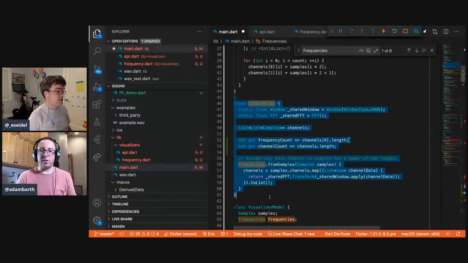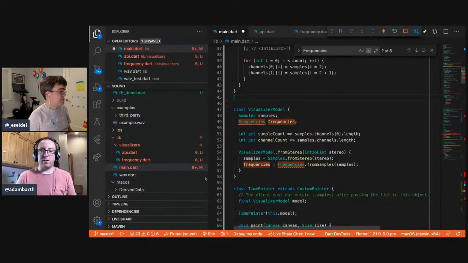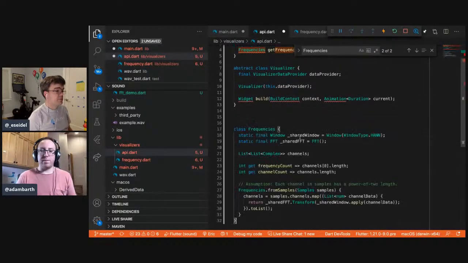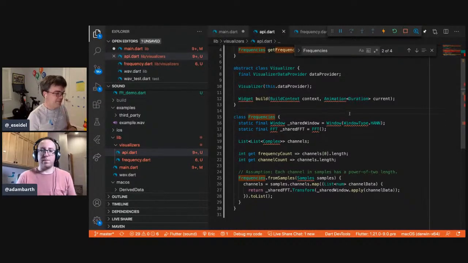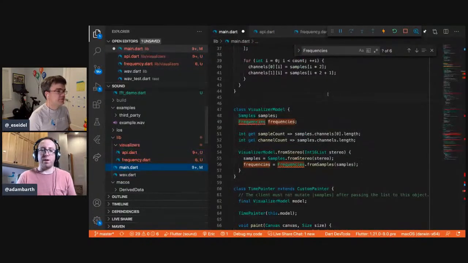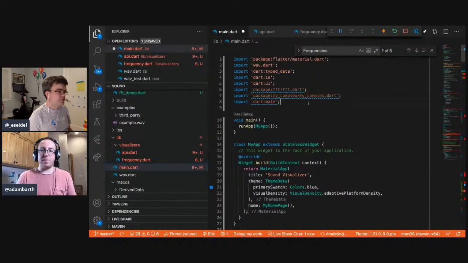So this frequency is going to have to move there. I think this is kind of interesting. API creation is always a whole other art, but I think it's interesting that we're dabbling in it here. So we need to get the FFT and the complex number imports in here because they're leaking through our API a little bit. There are things that we could clean up about that.